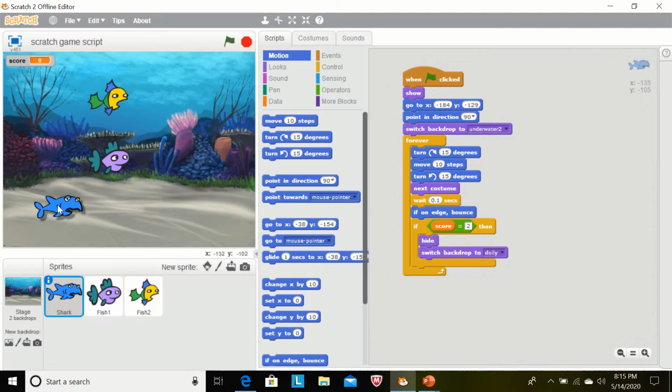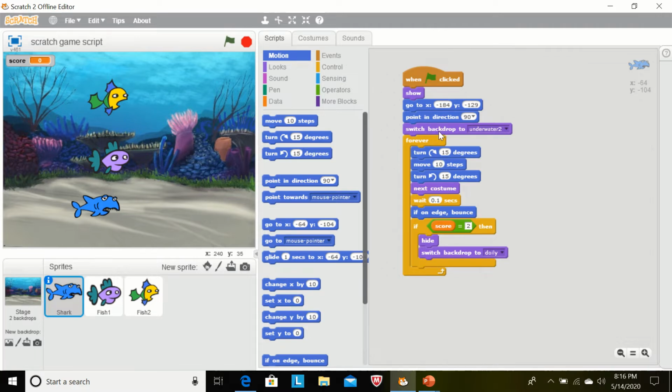How to assign the specified position? First we have to place the sprite at the appropriate position, then we can see the X and Y axis position. Now you can see the position and we have to drag and drop, but we have already selected the position of the shark. So now we are discussing point in direction. Point in direction means when the program starts, the sprite will face in the direction we want. So we have selected right direction. When the program starts, the face of the shark will be on the right side.